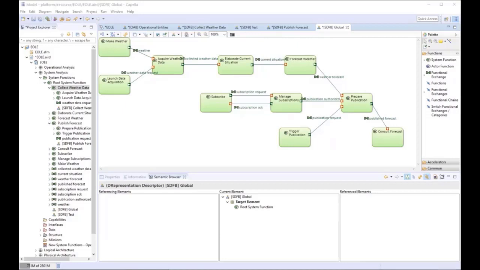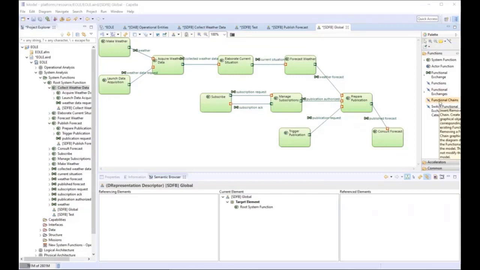So to sum up, functional chains are very useful for piloting verification and validation tests. They are often used to express non-functional constraints, non-functional requirements. They can also be very useful for incremental delivery. Capability is a higher level concept, and very often each capability is illustrated by one or several functional chains.